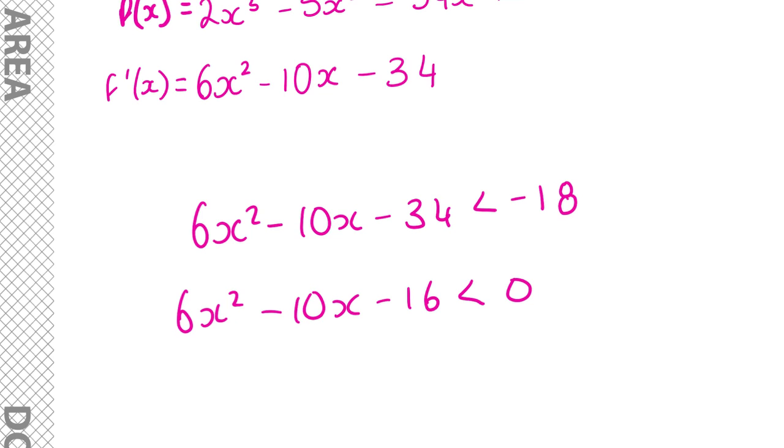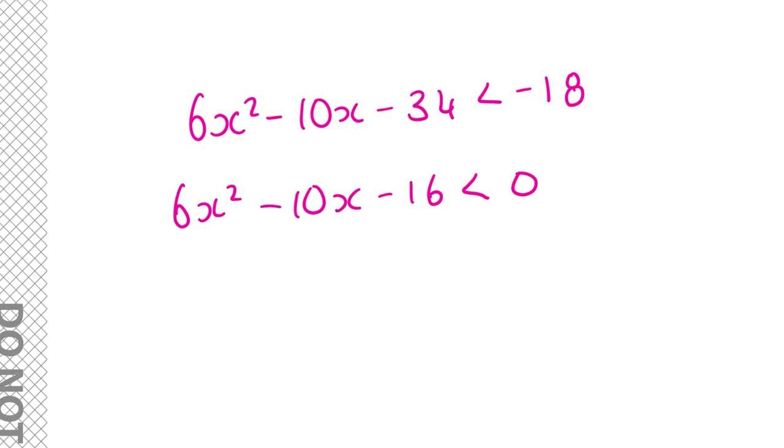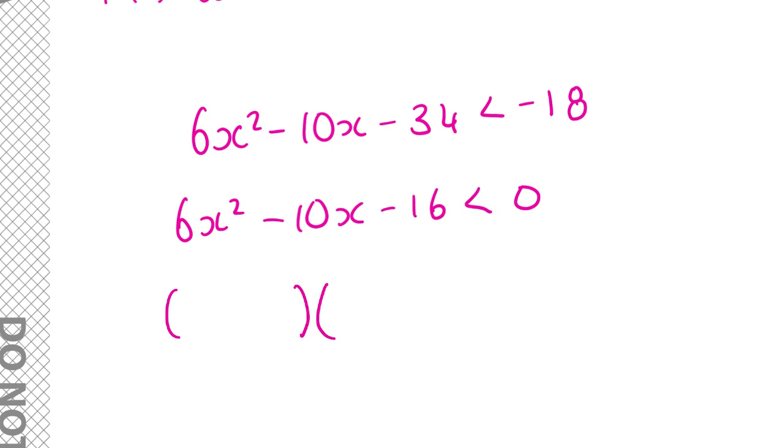Okay, I'm going to figure out that I'm going to get 3x minus 8 and... Okay, now this is where some of you are going to struggle, right? I get 3x minus 8 and then it tells me the next solution is 1, right? But let me tell you now, if I was to expand this, am I going to get 6x squared? No. So make sure you put a 2 here and then this becomes a 2 and it makes more sense, right? And the question says y equals f